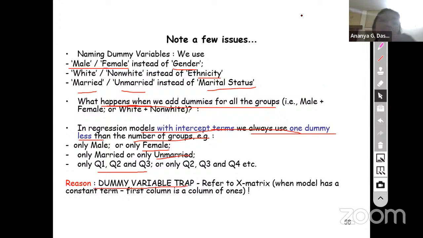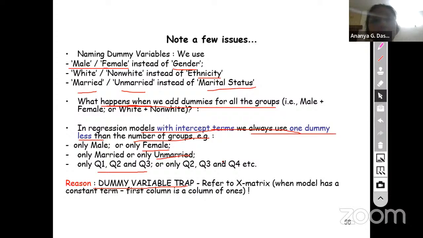Now, remember, if your model does not have a constant term, in that case, what do you do? In that case, you can have as many dummies as you have groups, but it is not a good idea to drop a constant in a model. So always keep the constant term there. Even if the constant term is insignificant, keep it in, because when you're dropping a constant term, you're moving from a case of unconstrained OLS to constrained OLS, a case where the constant is becoming 0. So that's not always a nice thing to do for certain reasons. So keep the constant there unless you have a very specific reason for removing it,